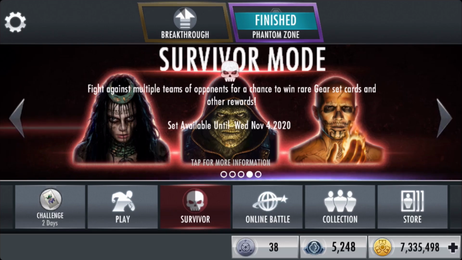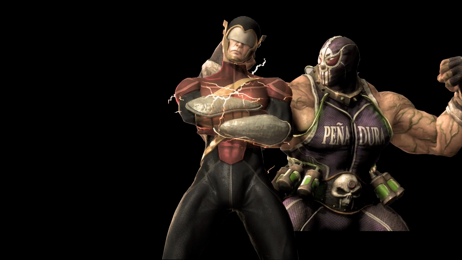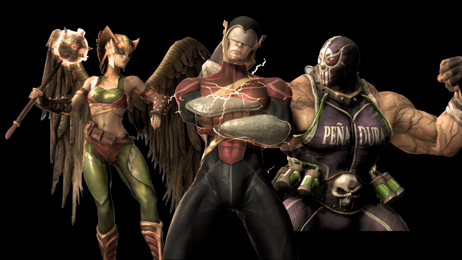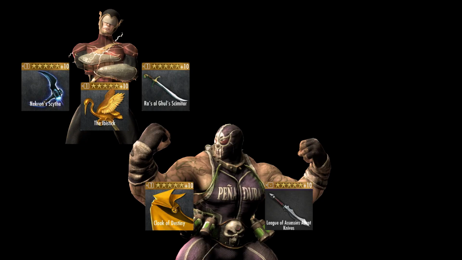So in my very personal opinion, the fastest MP team consists of Earth-Tooth Flash, Luchador Bane, and Prime Hawkgirl. I have Earth-Tooth Flash equipped with Necron's Scythe, Raw Soul's Smithar, as well as the Ivy Stick. Luchador Bane has the Cloak of Destiny, League of Assassins Adept Knives, as well as Tanu Totem, while Prime Hawkgirl